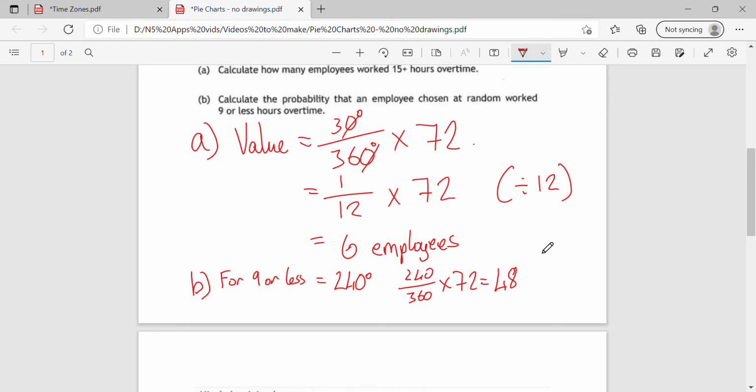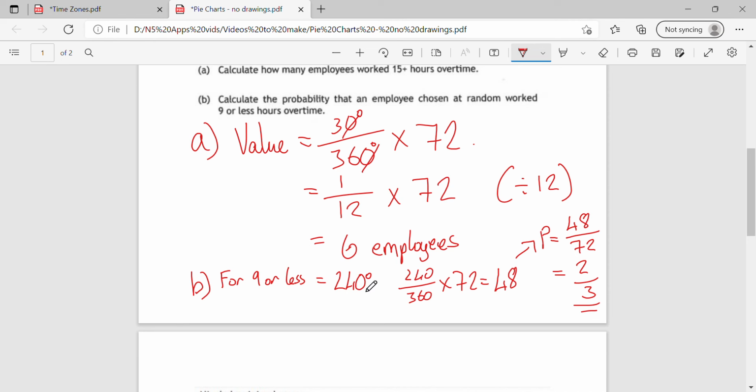So then the probability, just bringing that up here, would be 48 out of 72. And if we simplified that down, dividing all of them by 24 actually, that would give us 2 over 3 if we were to simplify that down fully. Now what you might actually notice